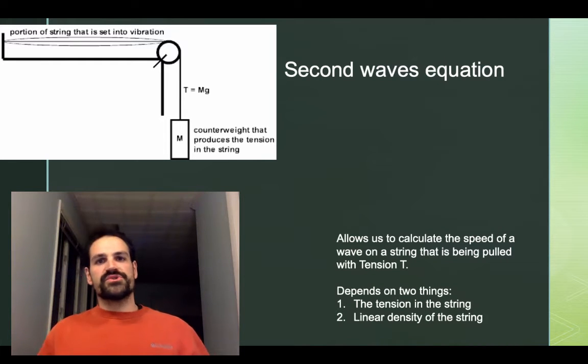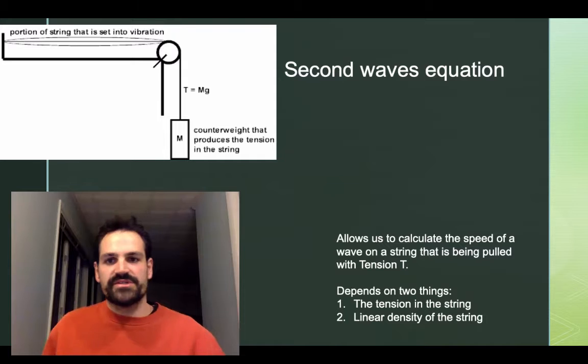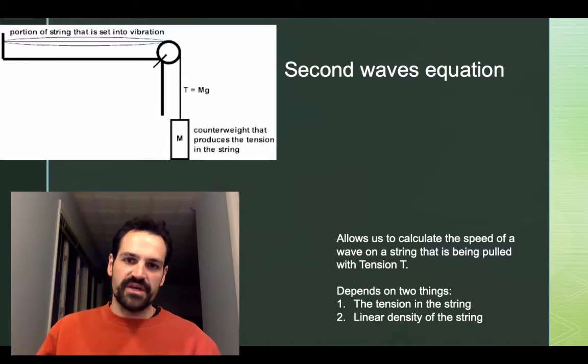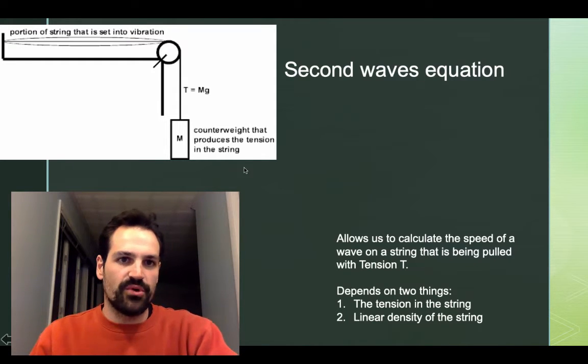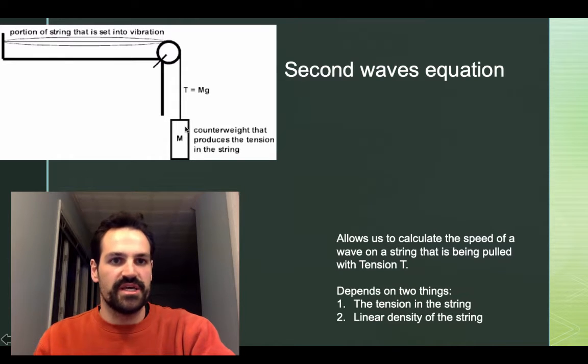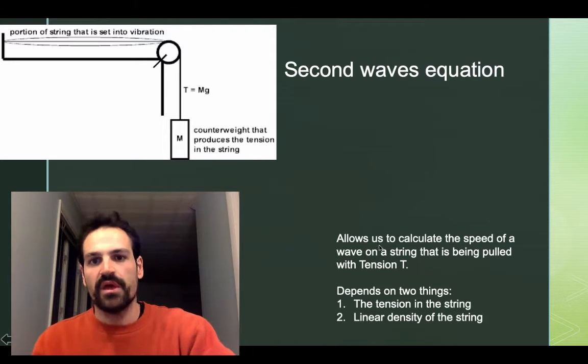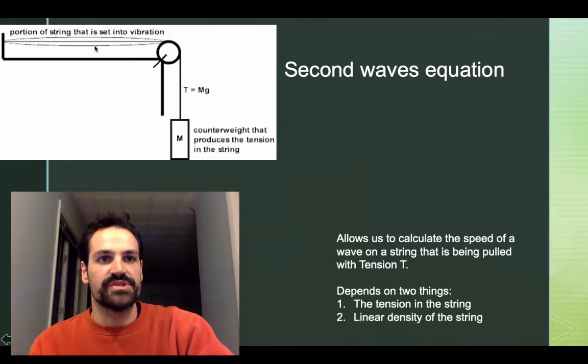All right. So the second wave equation we need to discuss allows us to calculate the speed of a wave on a string that's being pulled with tension T. This string is being pulled with tension T by this mass M, and tension is equal to mass times gravity because this box is in equilibrium. So the weight, or force of gravity, has to equal the force of tension: T equals mg. But that doesn't really matter. We only care about the tension in the string